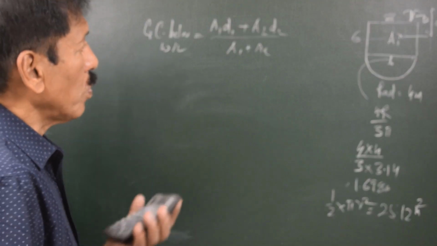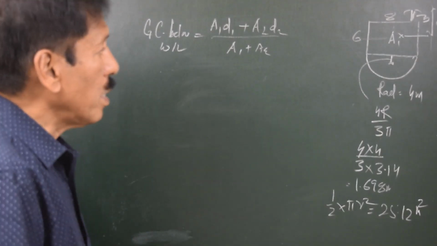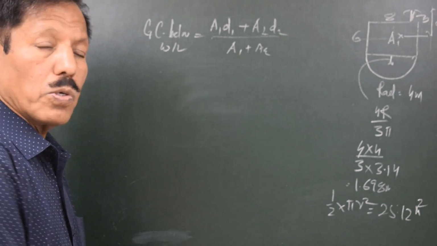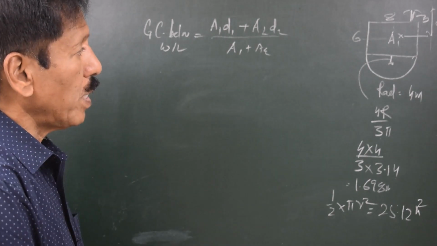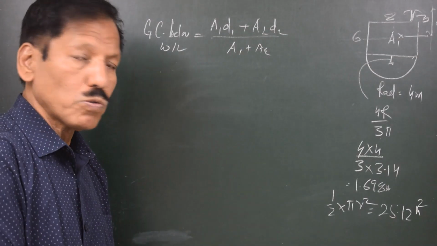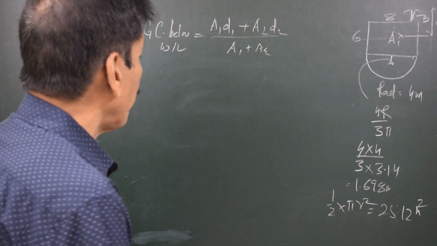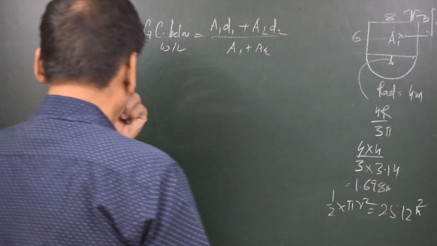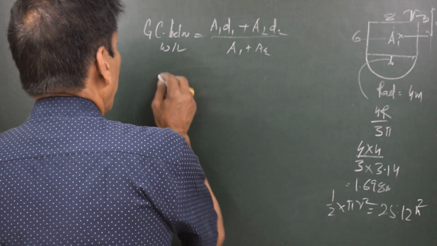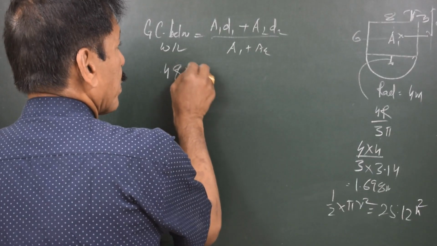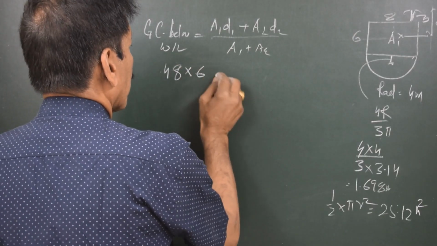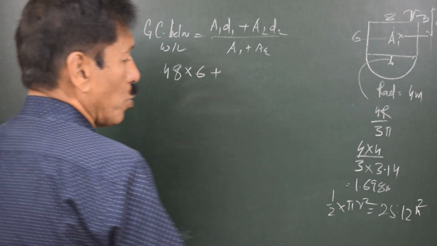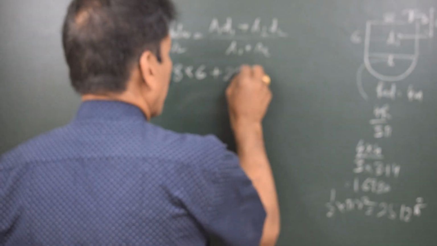So let's get on to this numerical, and we had said one of the first things to do is find out the common centroid by taking the moment of area about the water level. So A1 D1 will be 48 into 6. A2 D2 will be 25.12